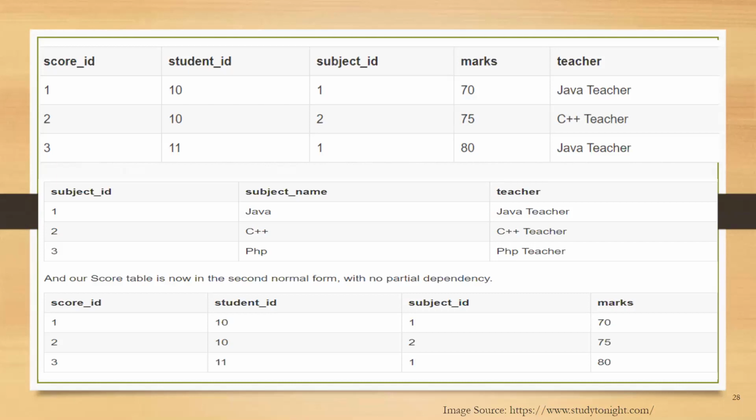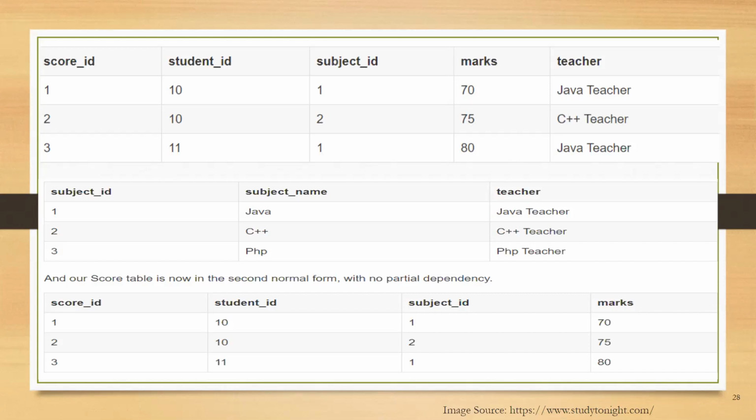So here in the score table, we are saving the student ID to know which student the marks belong to, and the subject ID to know which subject the marks are for. So we can say that student ID plus subject ID together can form a candidate key for the table. The primary key is nothing but the combination of student ID and subject ID. Because if I ask you to get the marks of the student with student ID 10, you can get the information from the table, because even if you don't know the subject, with the help of the student ID details you can know which subject that student has opted for, and you can identify the records.